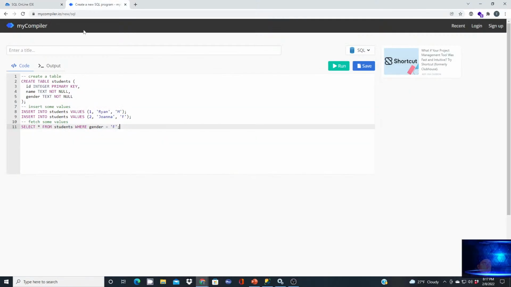So the first one I'm going to go to is this mycompiler.io. And what's really nice about it here is it's not just for SQL. So if you want to have a web-based compiler for a variety of languages, you can see that in this drop-down, you can choose from SQL to a variety of other ones if you wanted to work with them right here through this site. When you go to the SQL one, it gives you